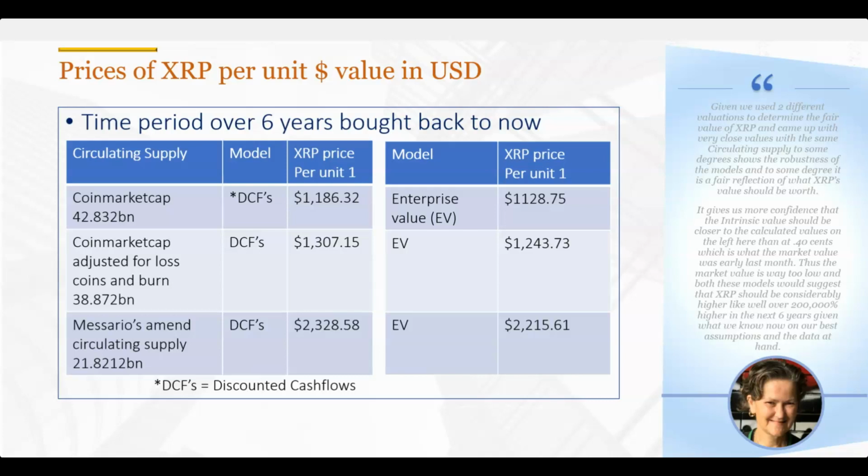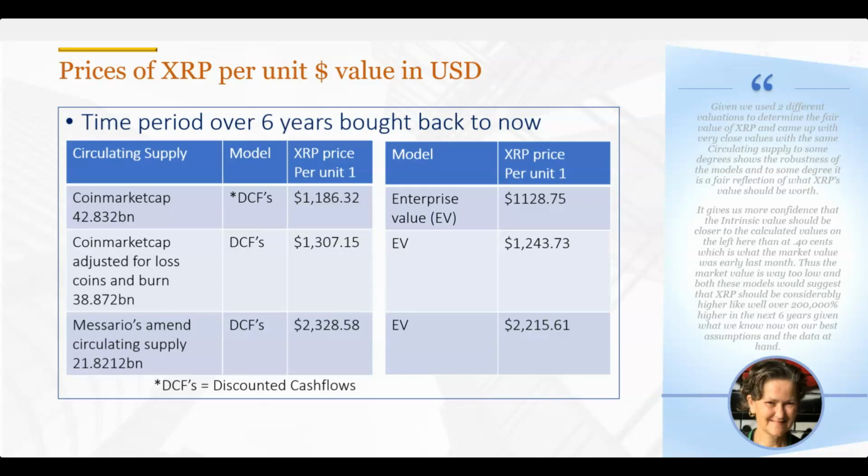But the interesting thing about this is the two models have shown a very similar value. And to some degree, that gives me solace in the sense that it shows you that the assumptions that we've applied are probably reasonable. They may not necessarily be true or exact, because we never know. We can't forecast the future. No one has a crystal ball. But it does show a degree of robustness and reasonableness, because we've come up with a similar price per unit